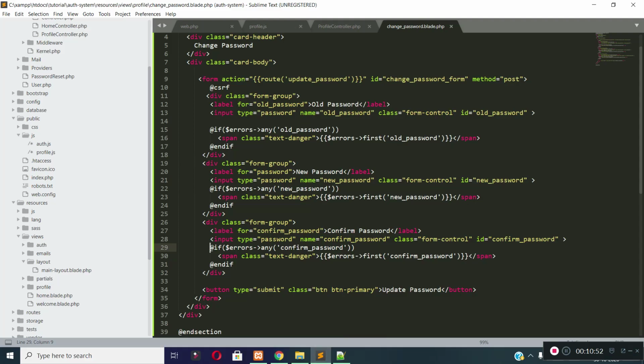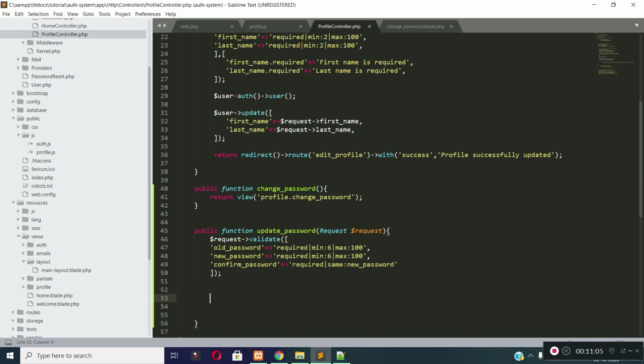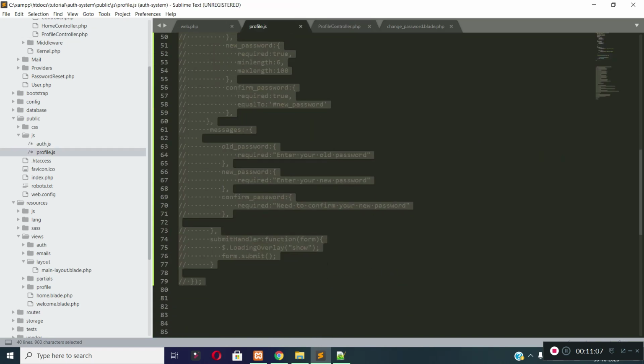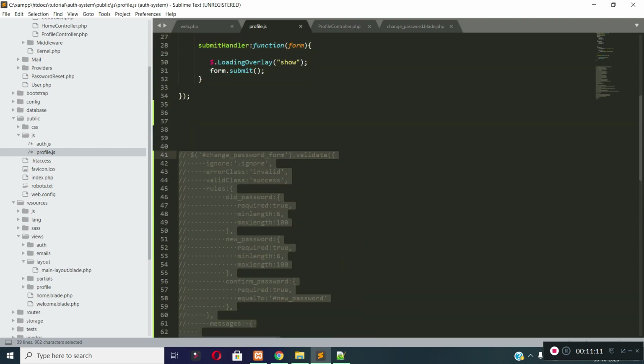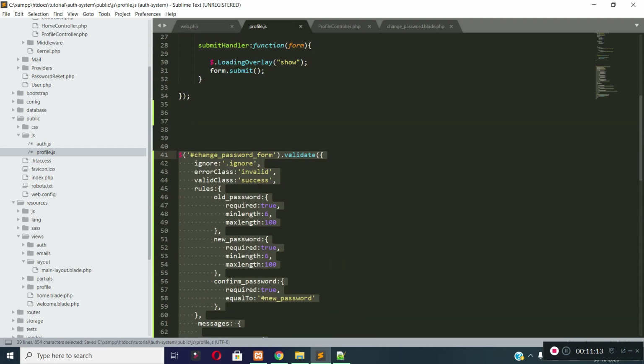Now let's check whether the old password value matches the user's current password or not. First of all, let's enable our client-side validation rules, which I disabled to check our server-side validation rules. Okay.